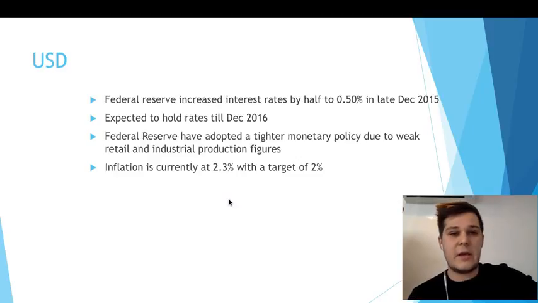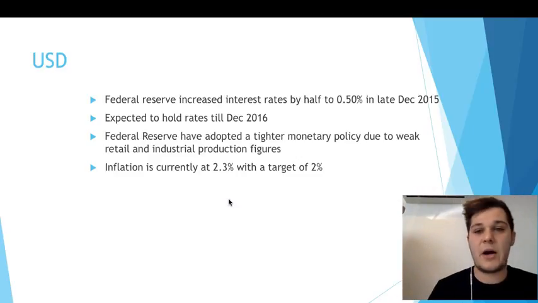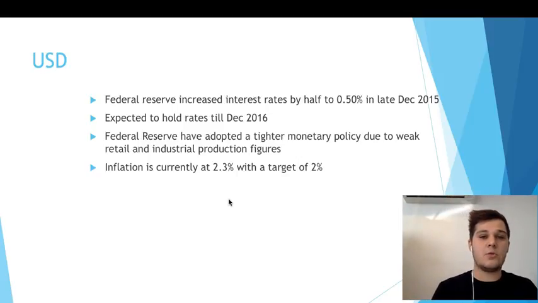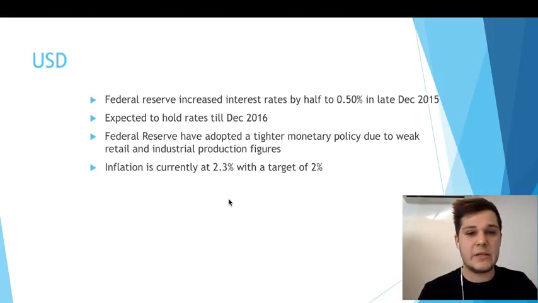So the USD Federal Reserve have increased interest rates by half to 0.5% in late December 2015, and are expected to hold rates until December 2016. The Federal Reserve have adopted a tighter monetary policy due to weak retail and industrial production figures,